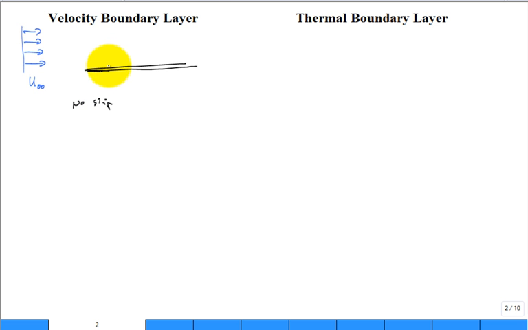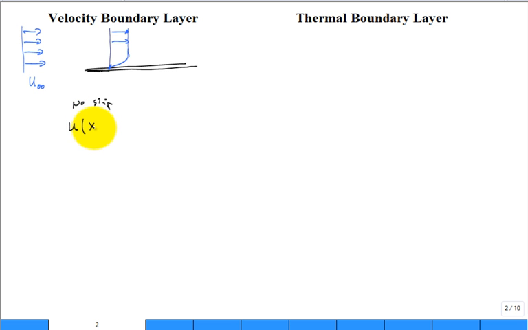I want to plot what that velocity looks like. Well, it's still u infinity far above the plate. But close to the plate, or right at the surface of the plate, it has to go to zero because of the no-slip boundary condition. The plate's not moving. So we have a profile that's flat far away, and then it has to transition to equal zero. So we have the velocity, u,